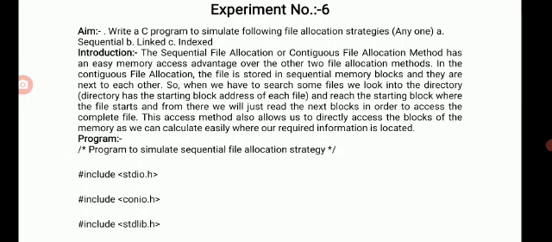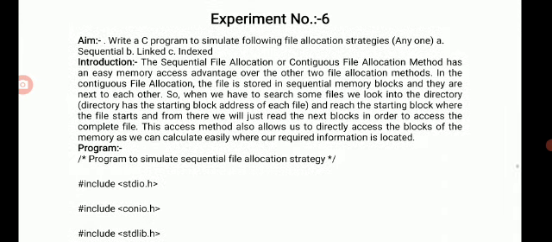This access method also allows us to directly access a block of the memory, as we can easily calculate where our required information is located. So what we conclude here is that with the help of the sequential file allocation strategy, we access the first block and then the second, then third and fourth, up to the n number of blocks.